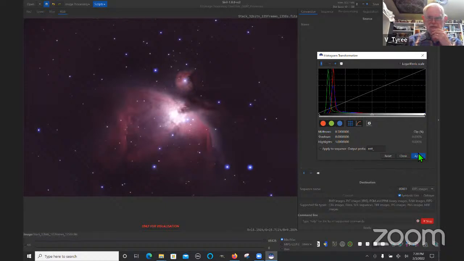At this point, I'm going to decide not to stretch anymore. We'll do the rest in GIMP. Okay. You can make your choice and decide whatever you want to do, but I like to be able to do as little as possible here in Siril, so I can have a more nuanced control in